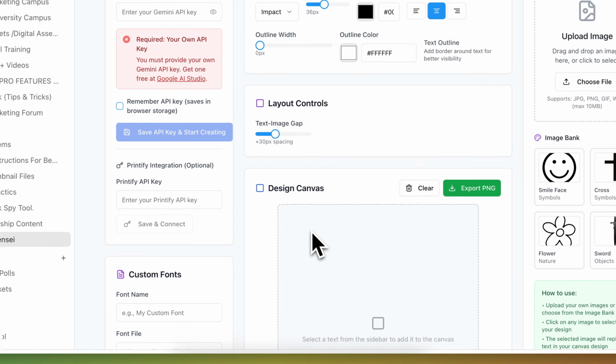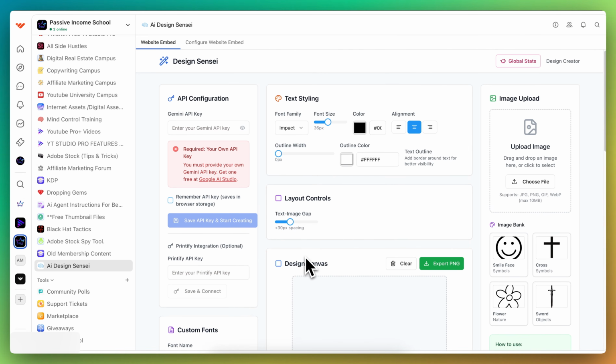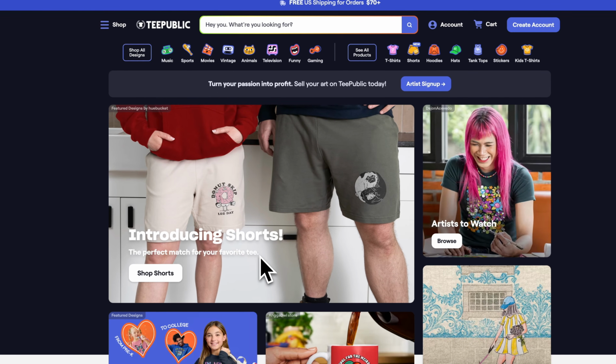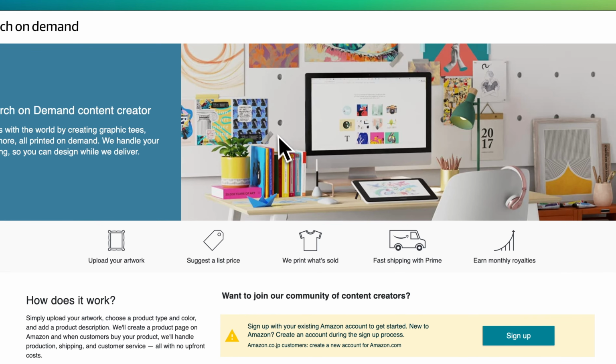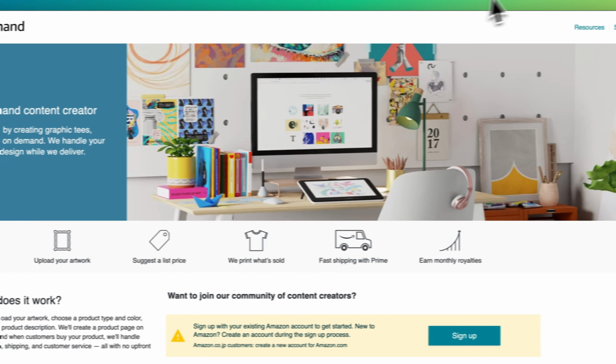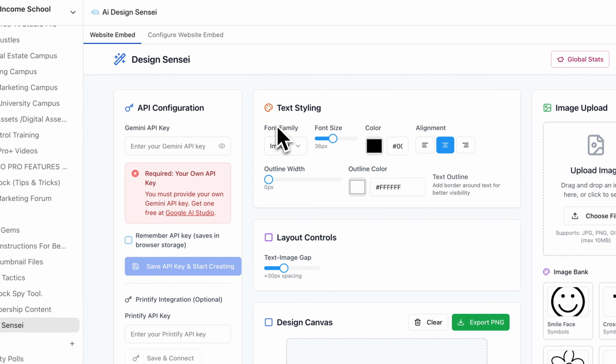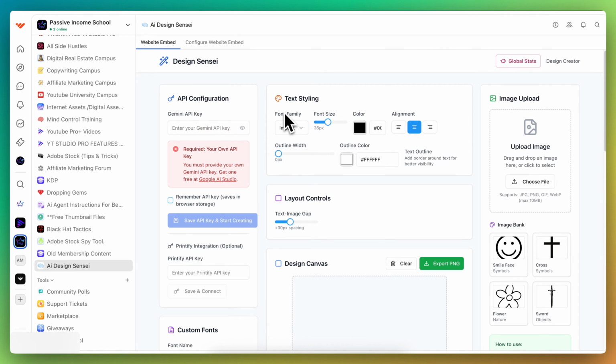So, for example, here is Design Sensei. This is the tool that I created. That is an AI tool that people can use to immediately create selling designs for print on demand in general. And this could go for your Printify account. This could go for your Redbubble account. You could post these designs on TeePublic. You could post these designs on Merch by Amazon,